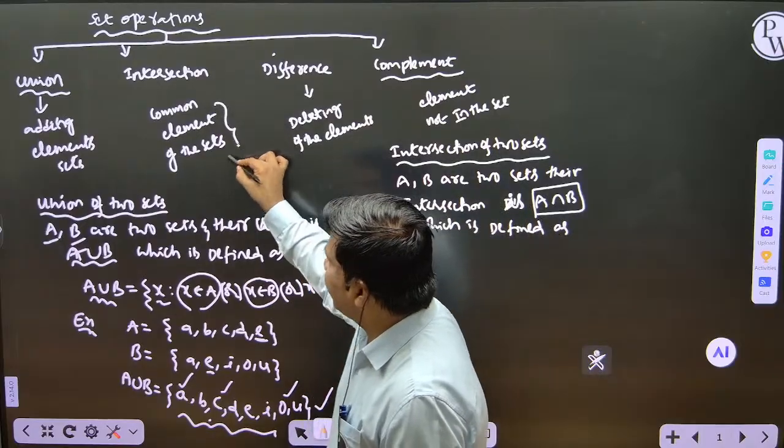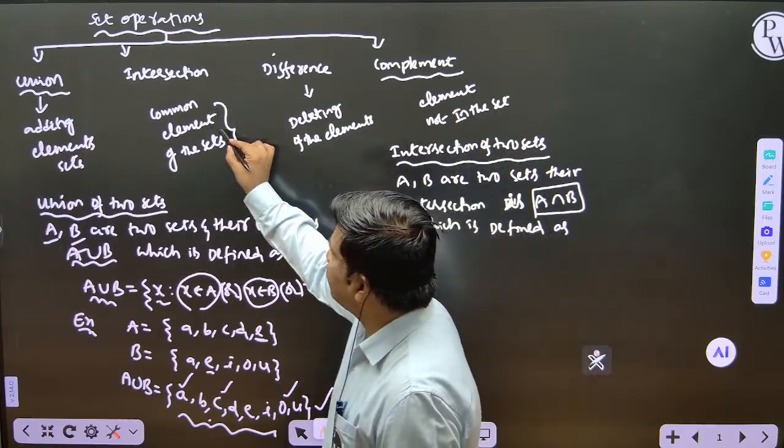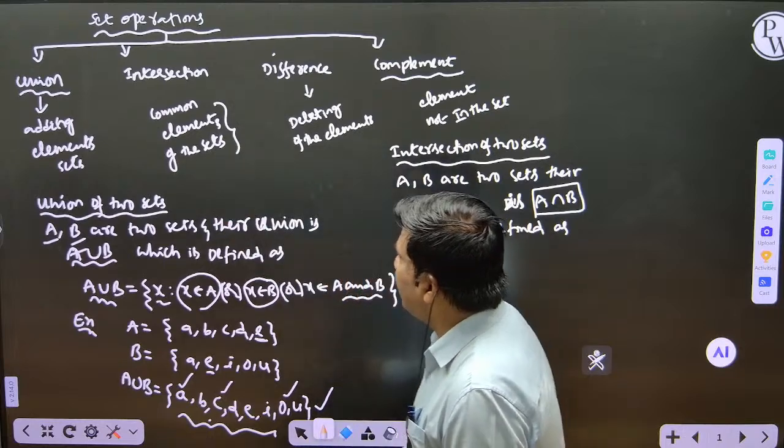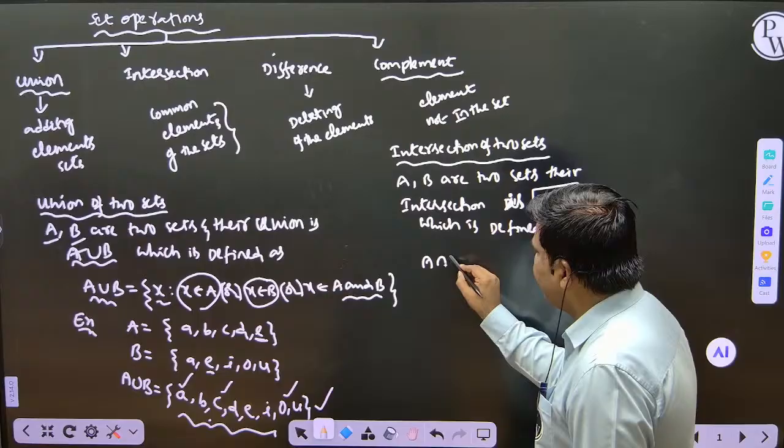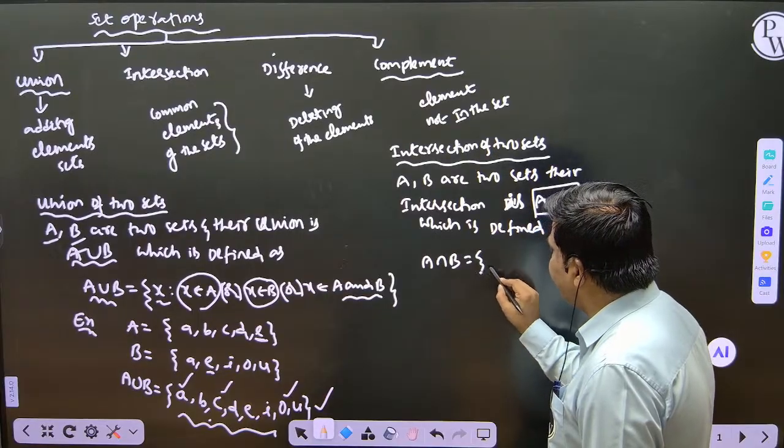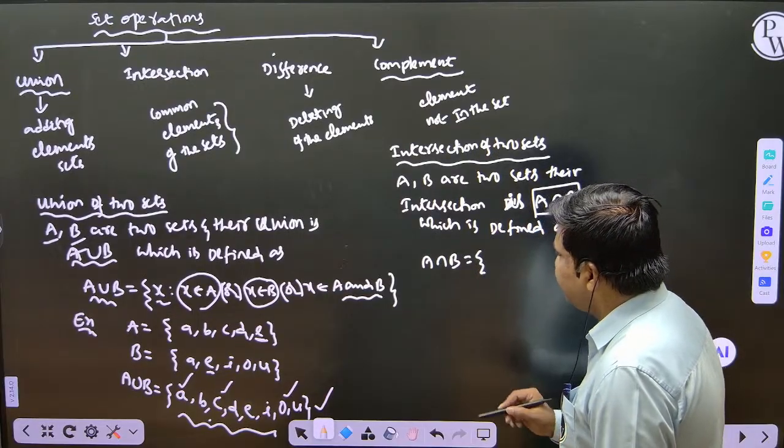We want to take the common elements of the sets. So if A, B are two sets, their intersection